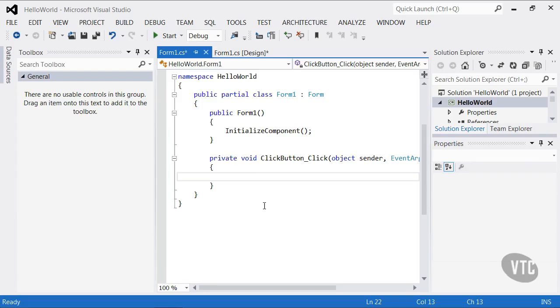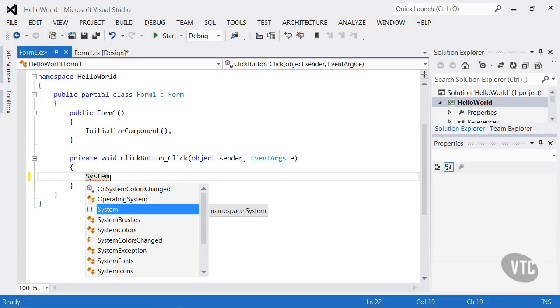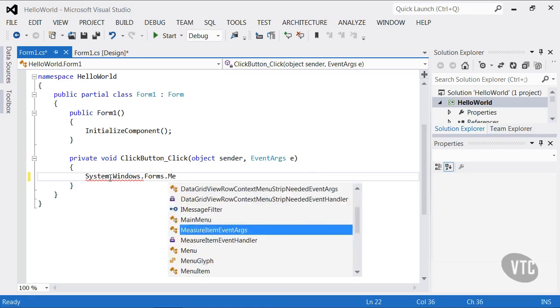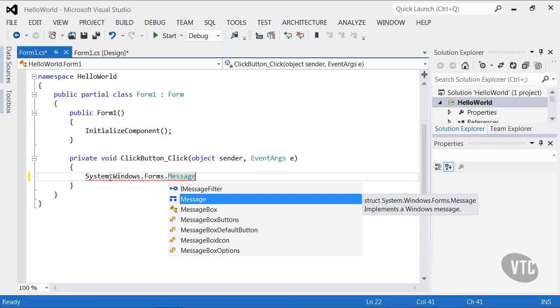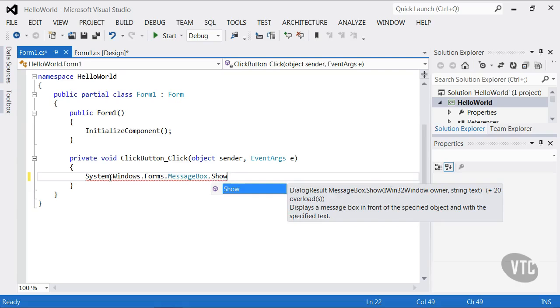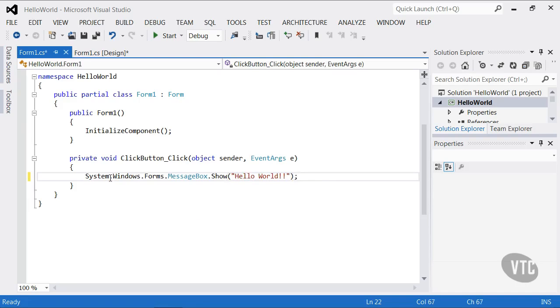And so I'm going to unpin the toolbox so I have more space here. And now let's write some code. I'm going to use the .NET framework and some of the namespaces. We'll talk about all this a little bit later on. I'm going to do System, and you'll notice IntelliSense is helping me. I hit period, then I'm going to the Windows namespace, hit period, the Forms namespace, period, and I'm going to call the MessageBox class, and then I will call the Show method on the MessageBox class. Then I'll open parentheses, we'll put in a string, Hello World, give it a couple of exclamation points as if we're excited, close with the semicolon,